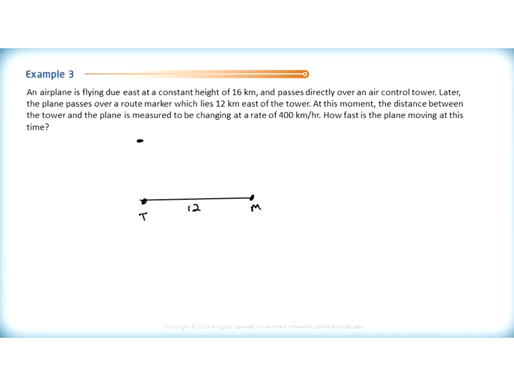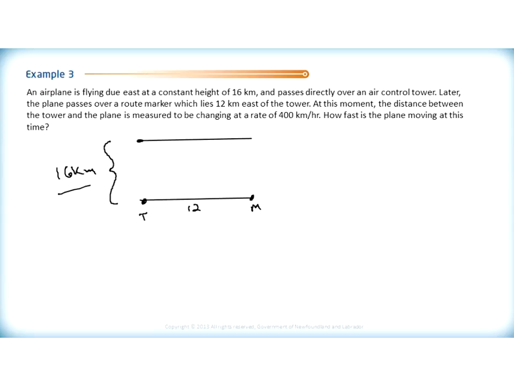And let's draw a line to represent the fact that the plane flies at a constant height of 16 kilometers. So anywhere we want to draw some lines across there, we've got to remember that the distance between these two lines is always going to be 16 kilometers. Okay, now it says later the plane passes over a route marker. At this moment, the distance between the tower and the plane,